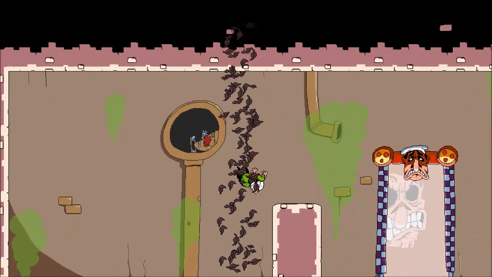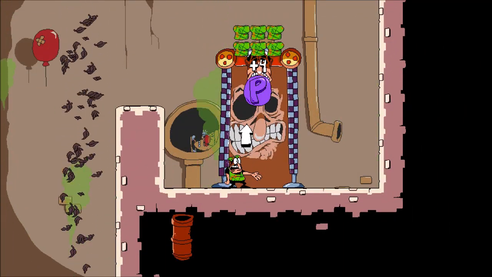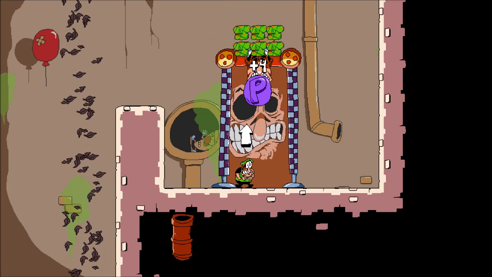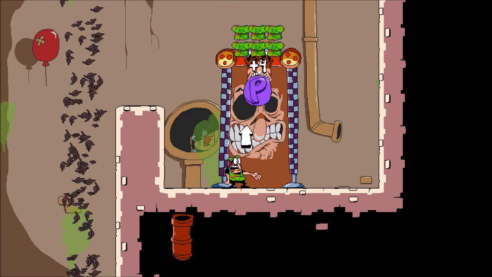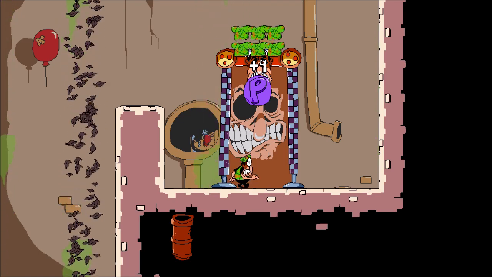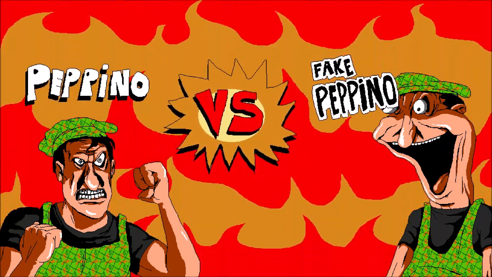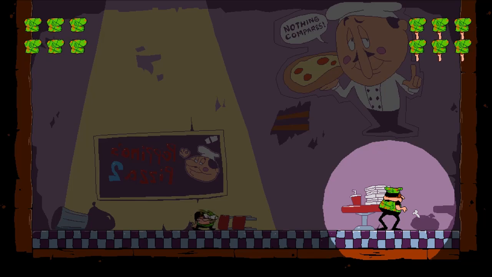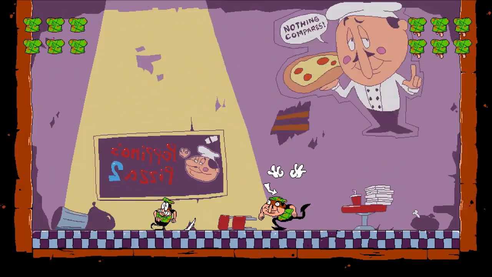Anyway, here's the real reason that I wanted the boss rush. It's because I wanted to show off what Fake Peppino's starting screen is like when it's not a fresh save file. Honestly, Fake Peppino looks even more horrifying. But let's talk about secret techniques with this fight. So,